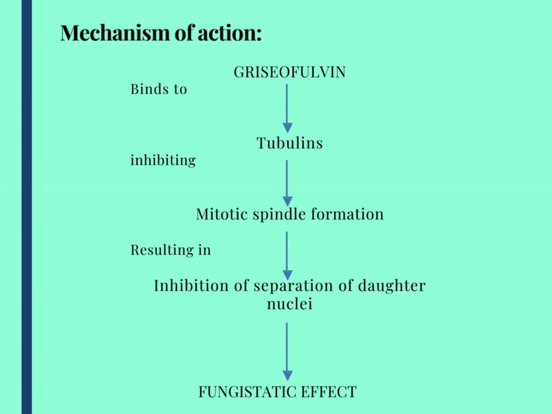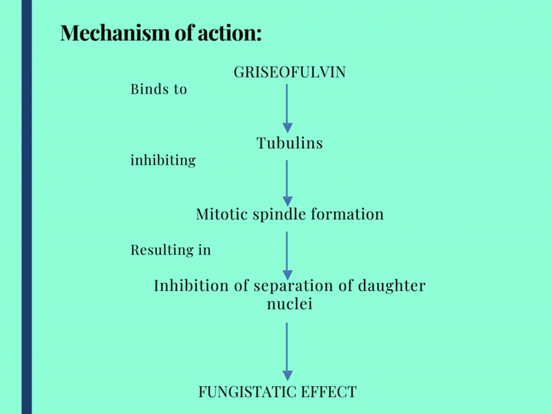Microtubules are important structures involved in cell division, providing structural support and serving as tracks for the movement of organelles within the cell. Griseofulvin disrupts the formation of the mitotic spindle, a structure formed during cell division that helps segregate chromosomes into daughter cells. By inhibiting the formation of the mitotic spindle, griseofulvin interferes with the normal process of fungal cell division. This leads to the arrest of fungal cell growth and division, ultimately preventing the spread and reproduction of